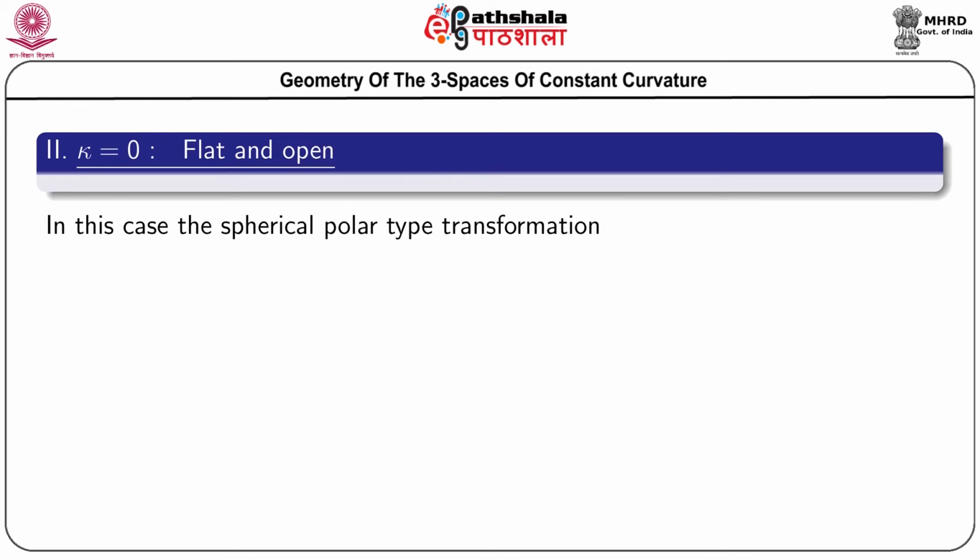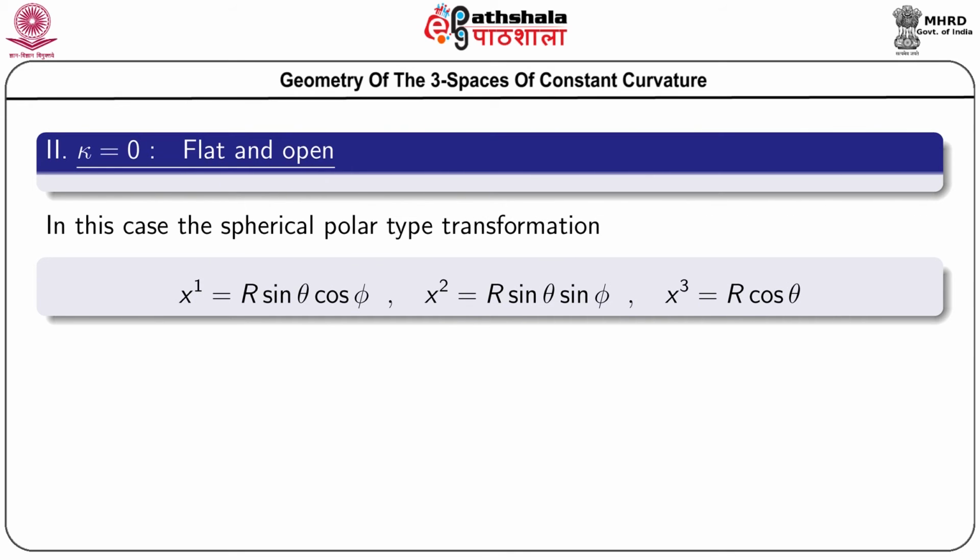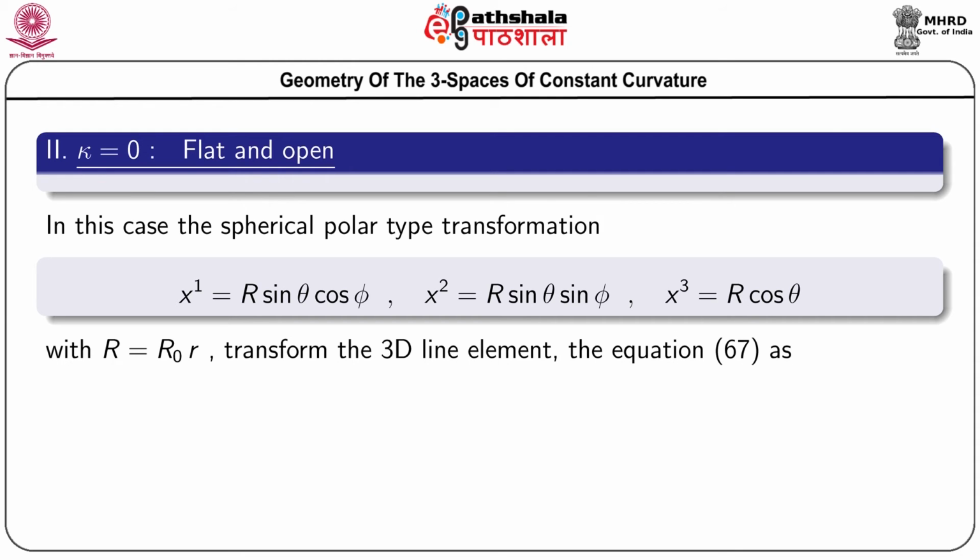For kappa equals 0, we have a flat and open type of space, and in this case the spherical polar transformation will be like this: x1 equals r sin theta cos phi, x2 equals r sin theta sin phi, and x3 equals r cos theta, with r equals r naught small r. This transforms the 3D line element, and equation 67 becomes